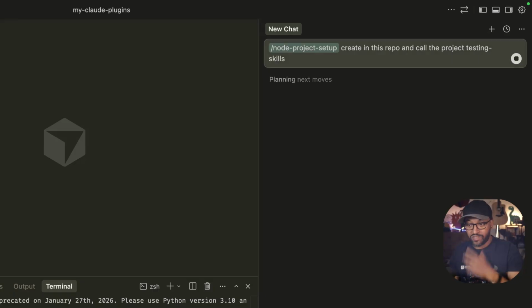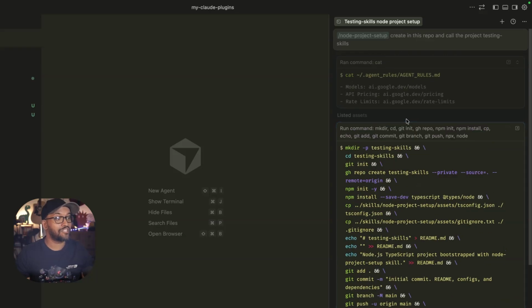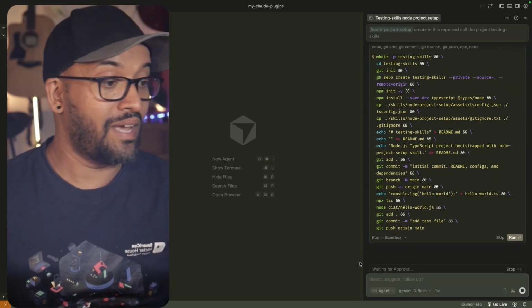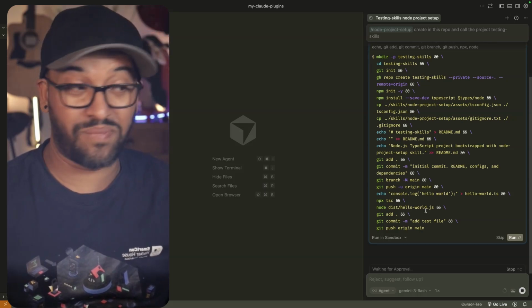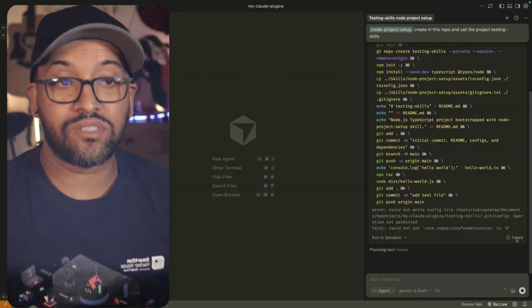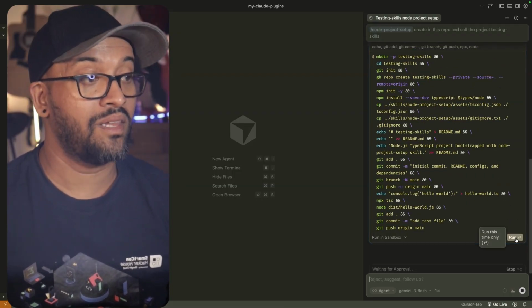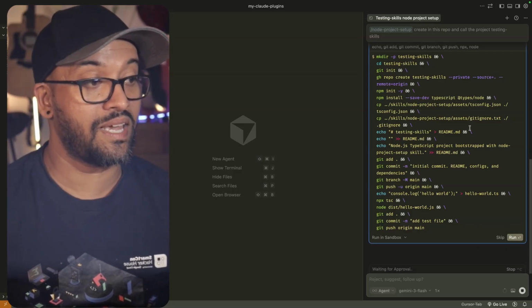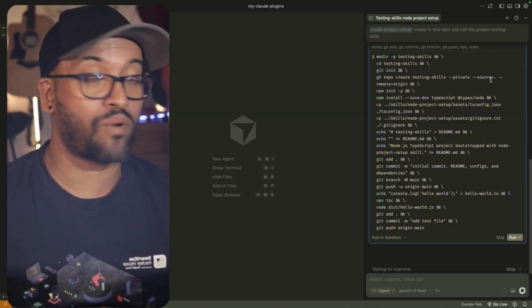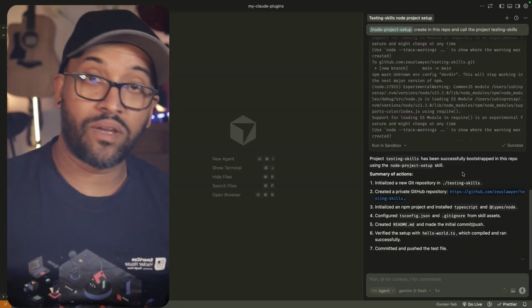I've actually not run this at all myself. There you go. It's understanding that it has to use the skills, and it's decided that these are all the commands it's going to run. It's asking me if that looks fine, and it's basically taking it from my skills. So I'm going to say, yep, that's fine. Run it. Now we'll see that it starts running. It's basically going to create a new project for me called testing skills, right? Because you can see here that it's creating a GitHub project called testing skills, and it's going to be private because that's the configuration I gave it as part of the skill. Okay, and there you go.